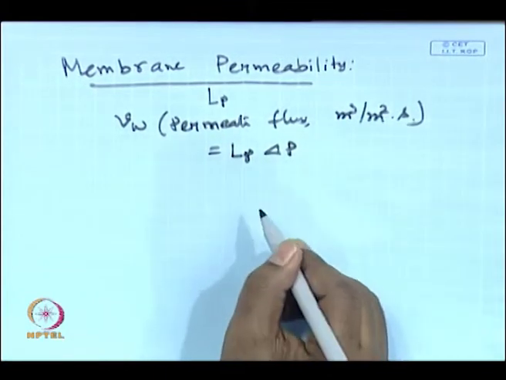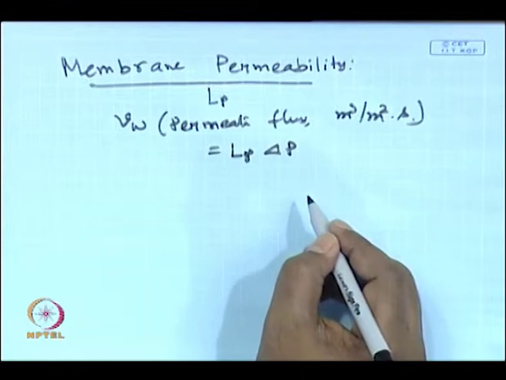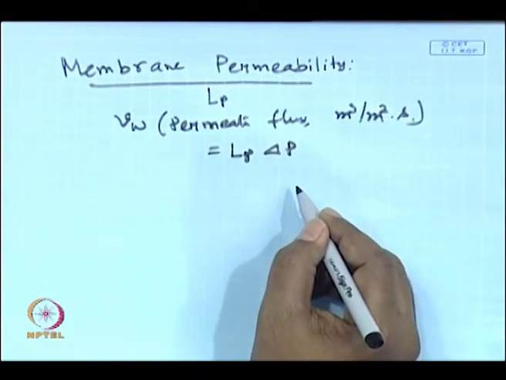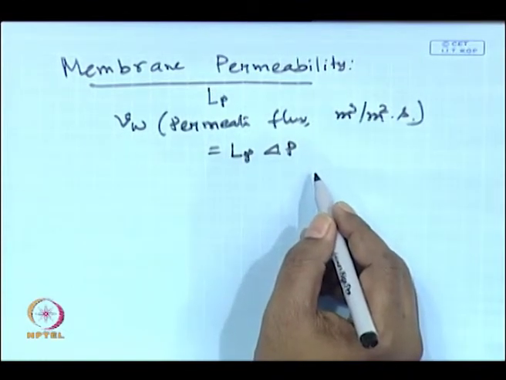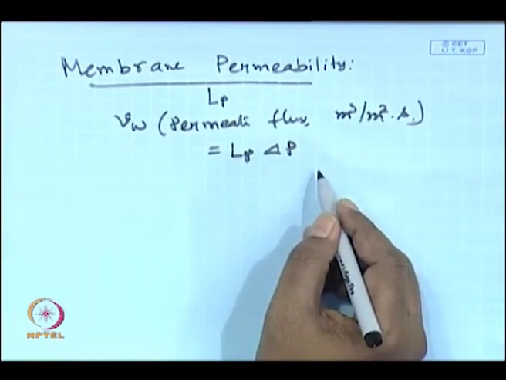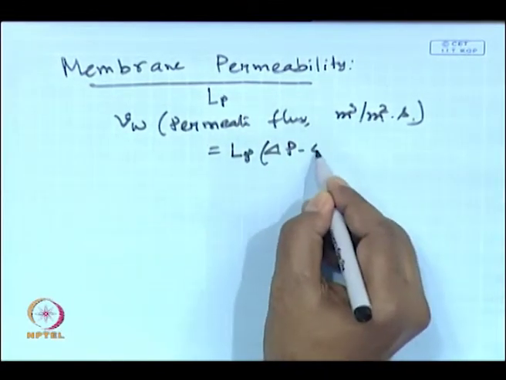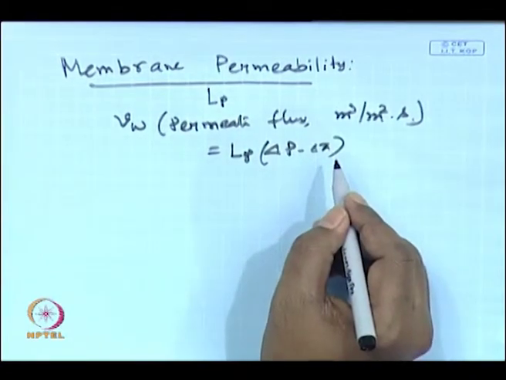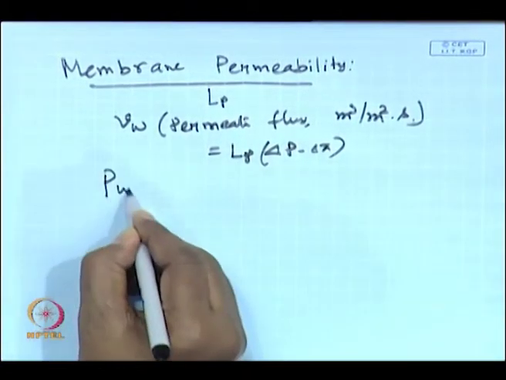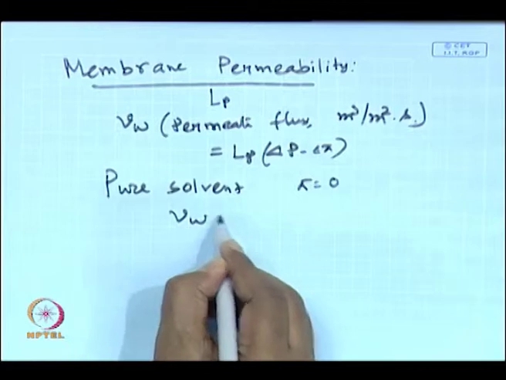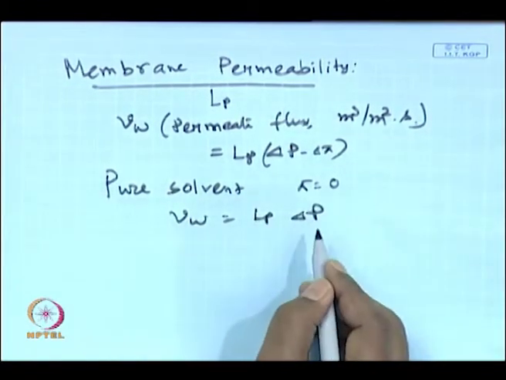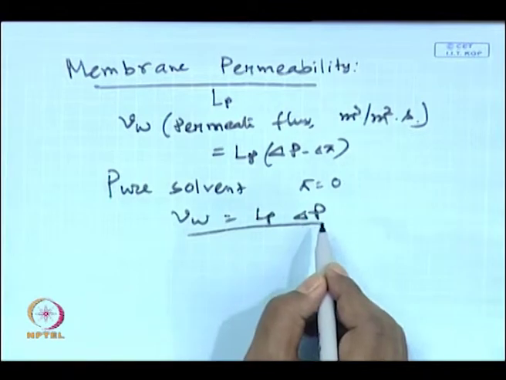Okay. Now, if you are talking about pure water, pure solvent, okay, there is nothing called pure solution. If it is a pure solvent, then there is no osmotic pressure present in it. If there is a solution, then the osmotic pressure will be there, and you have to overcome that osmotic pressure. So, the effective operating transmembrane pressure drop will be delta P minus delta pi. So, there will be minus delta pi here if you are talking about the presence of any solute. For pure solvent, pi is equal to 0, there is no question of delta pi. So, Jw is equal to Lp times delta P.